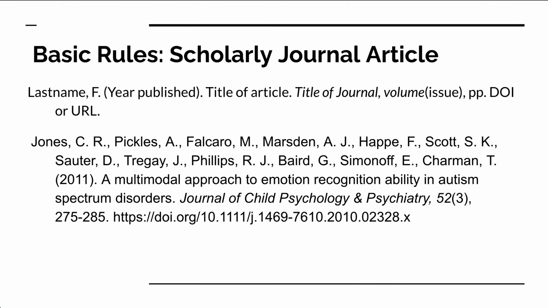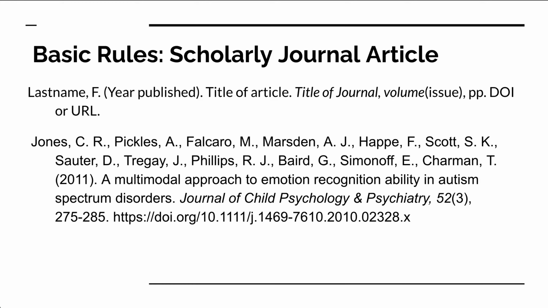In this case, you'll notice we have many authors listed. In APA 7th edition, the rules now state that you must list up to 20 authors in a full citation. So if you have less than 20 authors, you will list them in the order that they're listed on the resource. After the authors, you'll include the date of publication in parentheses, followed by the title of the article. And notice the title of the article, you only capitalize the first word of the article.